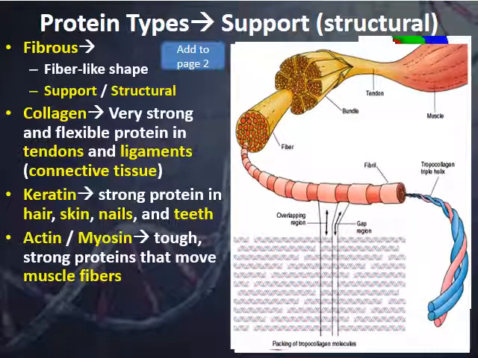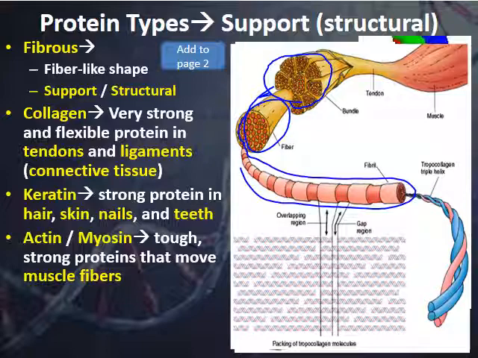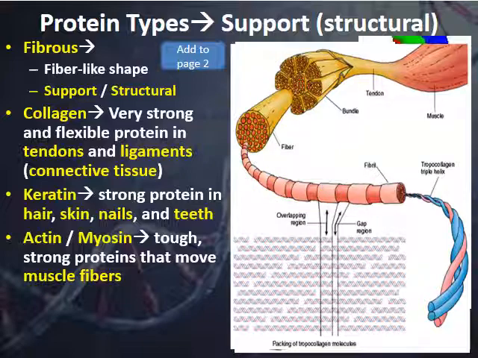Then we have actin and myosin. Actin and myosin are two proteins that are working together in order to cause your muscles to contract. So inside of your muscles, we will have bundles and bundles of fibers, and then they themselves are in bundles. And if we get down to the individual fibers here and look at these sections, we have light and dark sections: light section, dark section, light section, dark section. If we were to zoom in even more on those, we would see that they are just overlapping areas of actin and